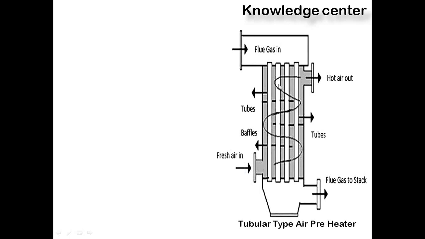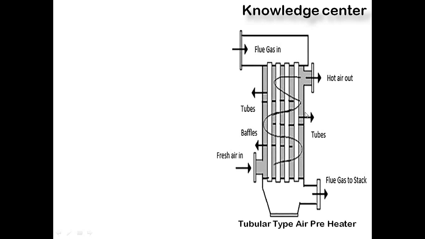That air is made to flow like this. Observe, we have a curve here; we are not just making the air flow in a straight line, we have some baffles. You can look at this, these are the horizontal baffles we have. Why are we placing these baffles? They just create an obstacle for the flow of air in one direction. The air is passing all the tubes available here. There are 4 tubes. In these tubes the flue gas will flow, so the tubes will be heated up. The air coming here has to flow over these tubes. If you have baffles, then it has to take a path like this.